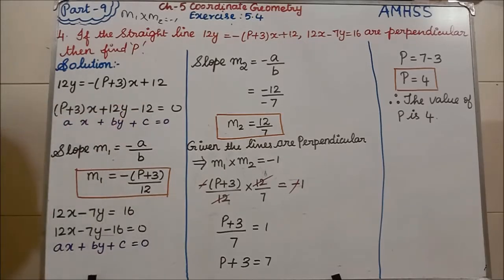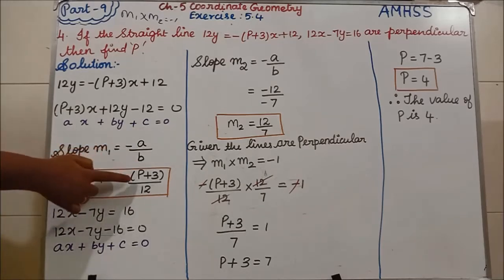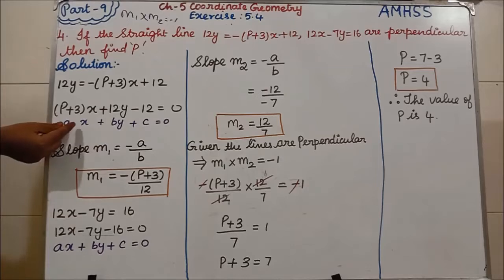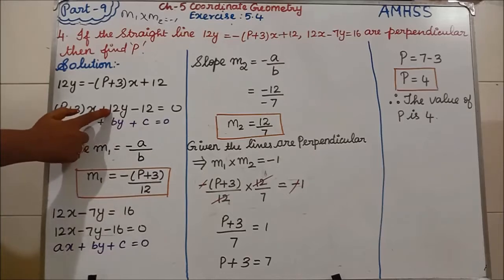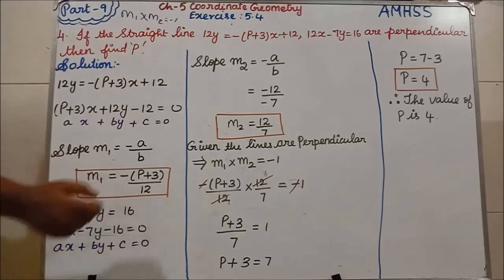Now, in this exercise, before when I was starting, I told you how you can find the slope of the equation. Slope m is equal to minus a by b. I told you, isn't it? Otherwise, a by b you can say as the coefficient of x divided by the coefficient of y. Okay. Now m1 is equal to minus, in the formula itself we have minus. So what is A? p plus 3. So I have written p plus 3 divided by B, which is 12. Using the first equation, I have got m1.